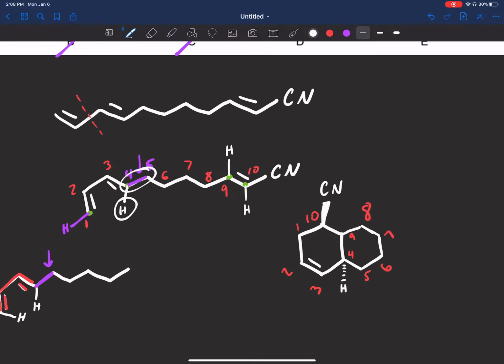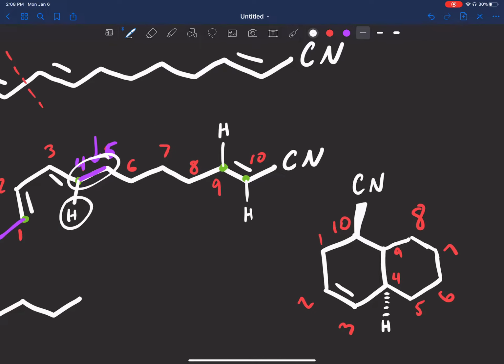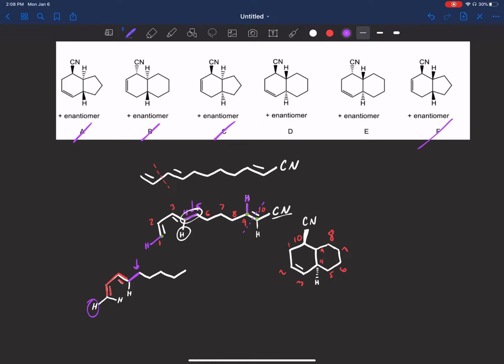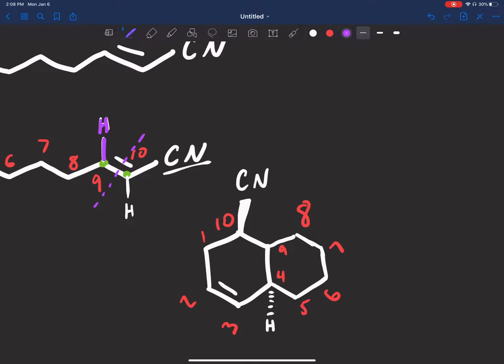And so if you look, this group right here, this CN group, is trans to the rest of the chain, right? Back to orgo 1. So that's trans. And that also means if that CN group is trans to that chain, then it's cis to this hydrogen, right? You can see that if you just draw this in half, it's on the same side of the double bond as that hydrogen coming off carbon 9. All right, so that means it should have the same stereochemistry,